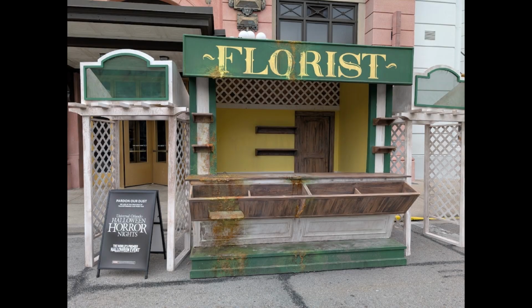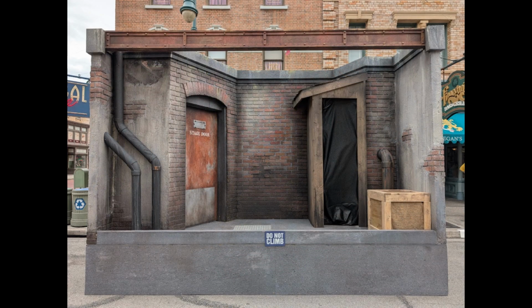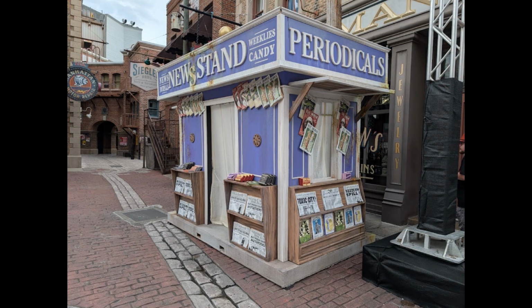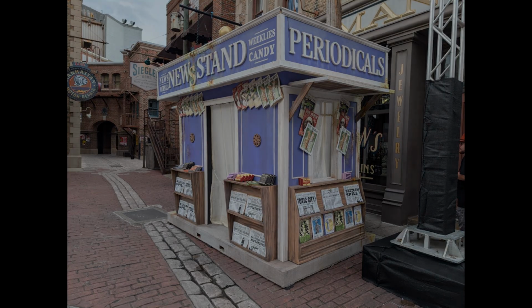They've added a florist shop. They have added, what else? A newsstand. Really nice newsstand. It looks like a stage area that you're going to see with barrels on both sides, and another one that looks like it's the entrance to a speakeasy. Yeah, really, very cool. Lots of excellent spots for actors to be